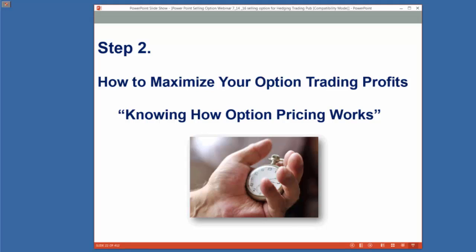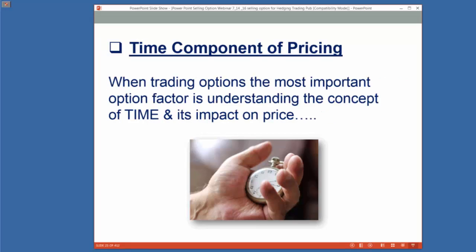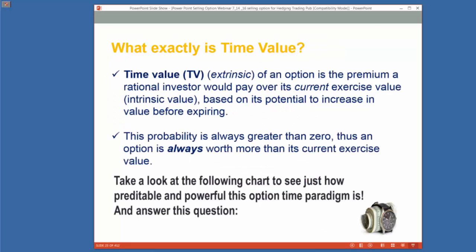So the 2 big components of price for an option, 2 main ones will be time decay and implied volatility. Now when trading options, the most important option factor to understand is that concept of time and the impact that it has on the price. So the time value of an option is also referred to as the extrinsic value of the option. It's the premium that a rational investor would pay over its current exercise value, which is known as the intrinsic value,